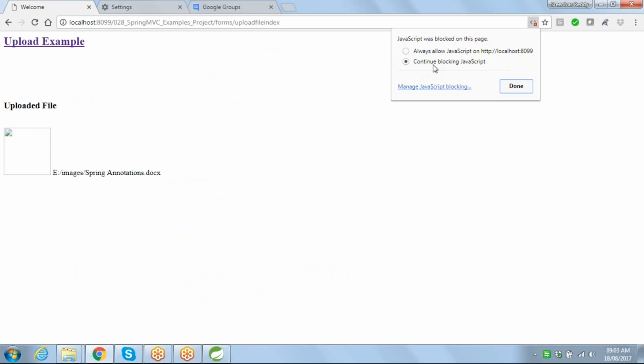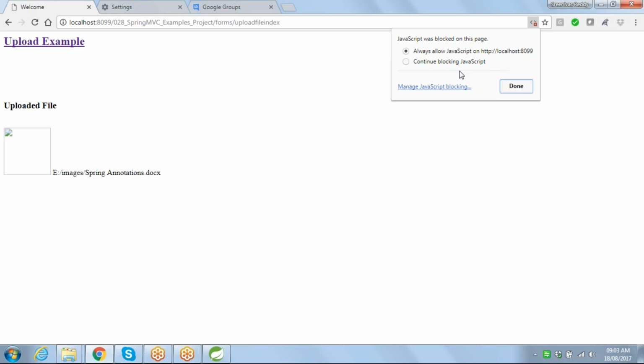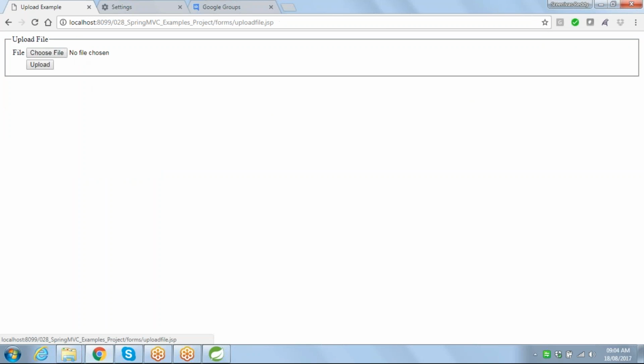Now what I think might be, I think I'm allowing from localhost. I think yesterday I selected that, that is the reason. Previously it was coming differently, I think. So if I select allow here, even though I have disabled it, I'm allowing only this particular site. So it will not check whether it is disabled or not, but it will still allow. So now if I check it,